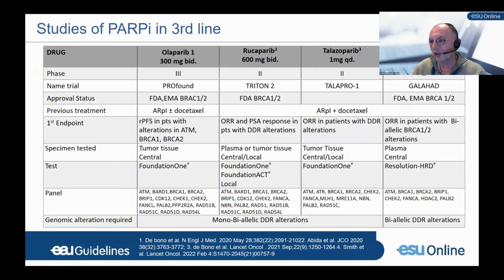So basically, 4 agents have been tested in that setting. Several are now approved by FDA and 2 by EMA. Only one has been developed on a proper phase 3 trial. The others have been approved on phase 2 trials. That's why here I'm going to give you an overview of the 4 agents, but then we're going to go into detail on the phase 3 trial, because this is really where you've got most of the message from these agents. So all these trials were designed in patients having received 1 ARPi plus docetaxel,